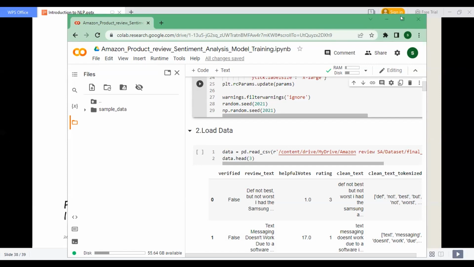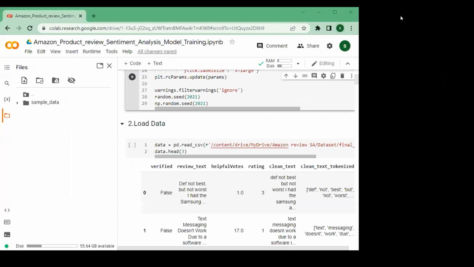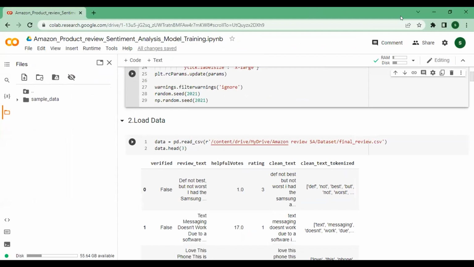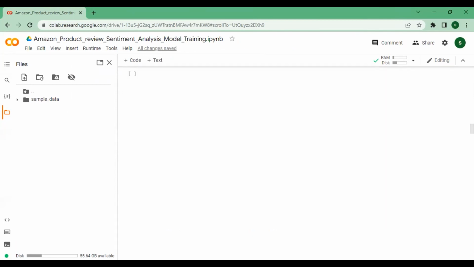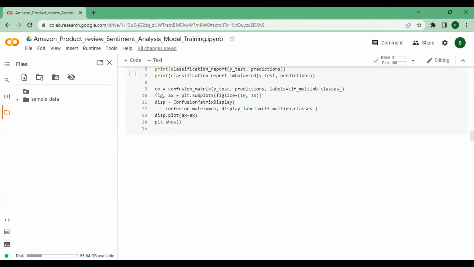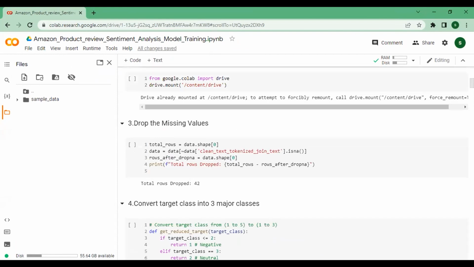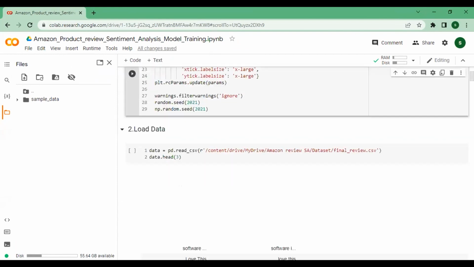Let's do the full screen thing over here firstly, so we can see the things in a better way. Okay, so once all the libraries are loaded, we can load the data. And once the data is loaded, what is the next step? As we know, we will do the pre-processing, right?